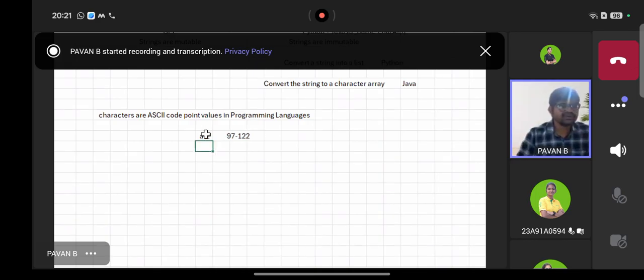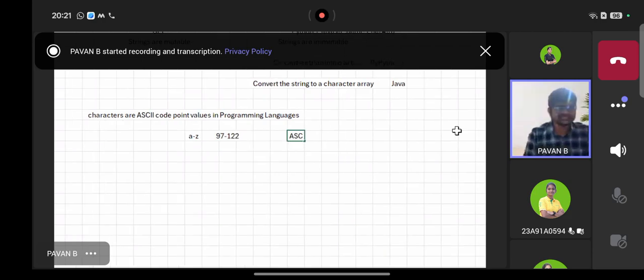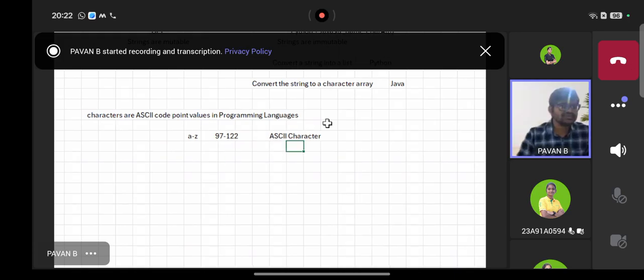Now, this kind of numeric representation of characters is a part of the ASCII character set. We call these numbers associated with the characters ASCII code point values. For example, every character you see, whether a hash symbol, an @, an exclamation mark, or a question mark, has one numeric value attached to it in this character set. For example, small a's ASCII value is 97, small b is 98, small c is 99,